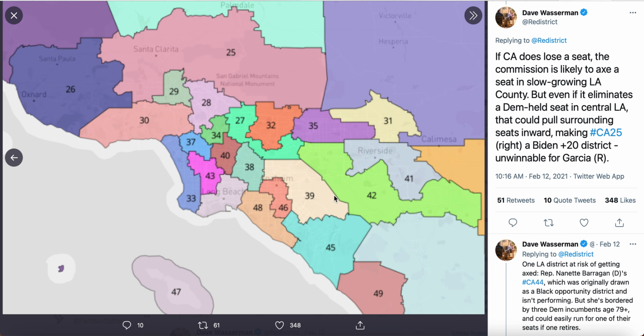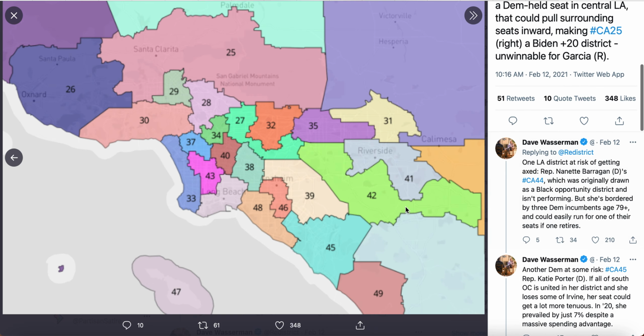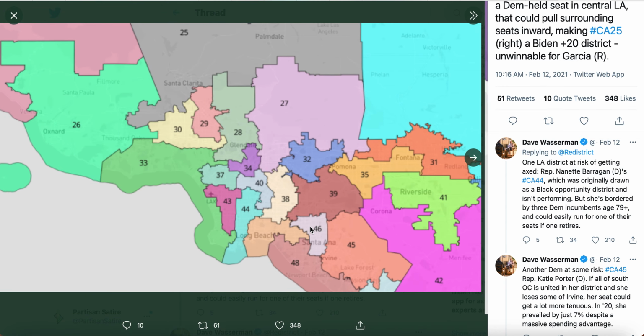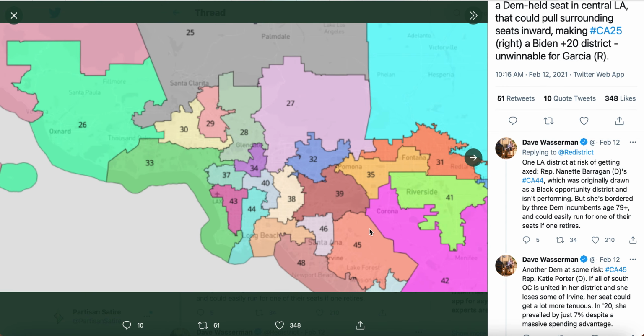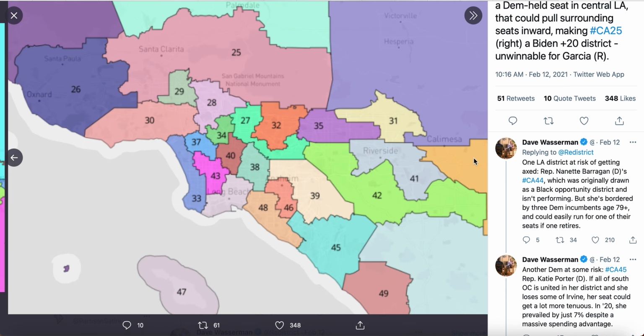What they're most likely going to do is put the entirety of Orange County under Katie Porter's influence, and she is part of California's 45th district. And you can see here, this is her current area. This is what her current district is, and it doesn't encompass all of Orange County, and that's good for her because she does need this area of Santa Ana as well as more of the Irvine area in order to win her elections.